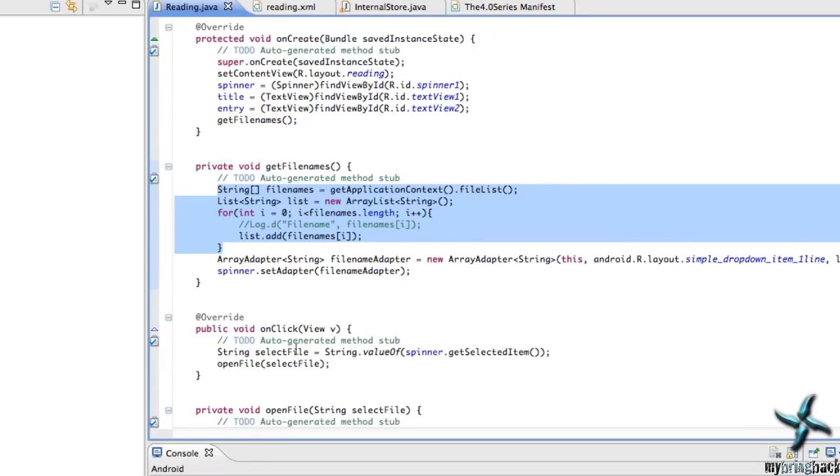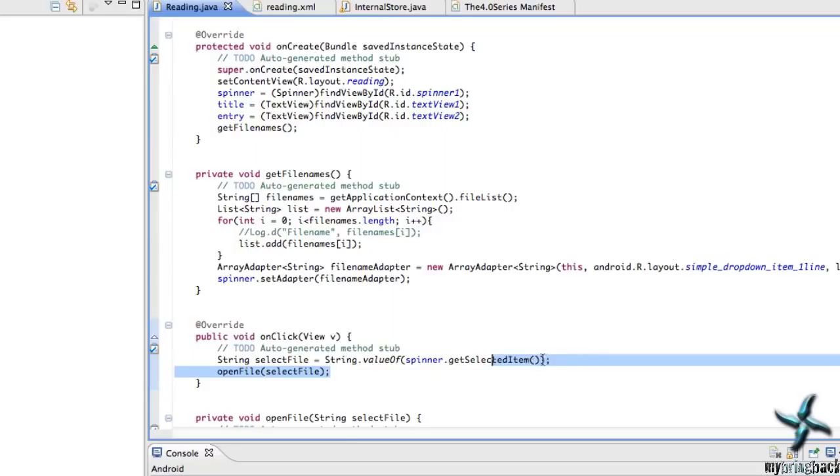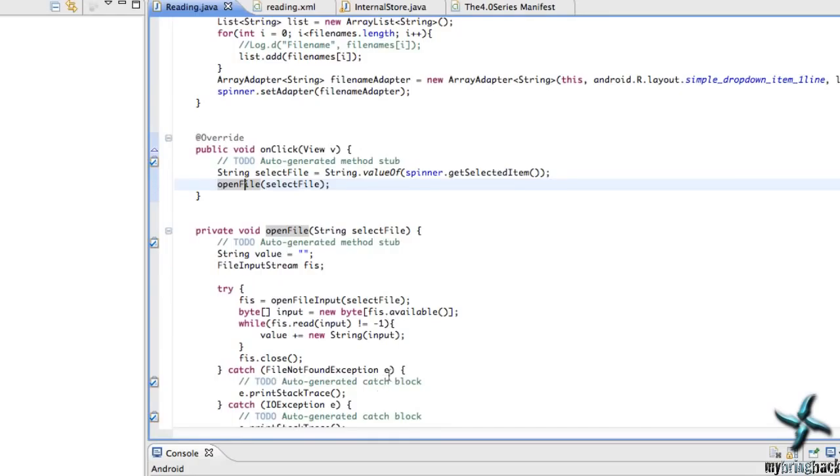Next, what we're going to do is once we select our item, that's going to update our spinner, and whenever we click the load button, it's going to refer to our spinner, and it's going to get the ID from the list in the spinner, the array adapter, and then it's going to convert that into a file name. We're going to pass that file name into this new method that we created called openFile, and what that's going to do is it's going to open the black hole called the FileInputStream, try and interpret the data from the file name, and if we don't get the exception of the file not being found, that's what the catch is for. We're going to convert the black hole into a bunch of data